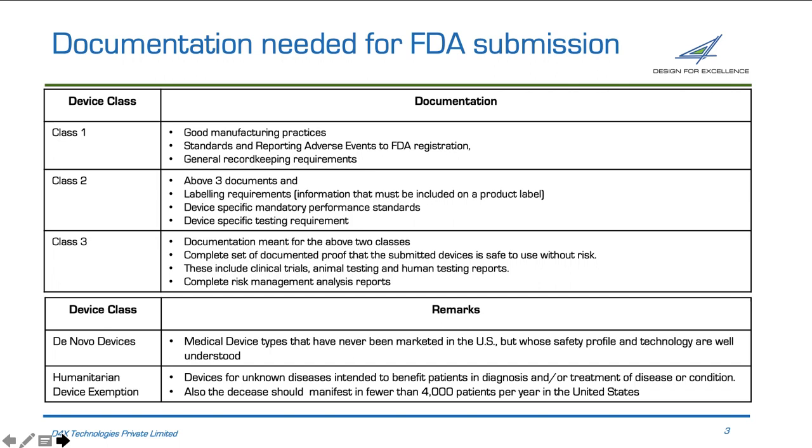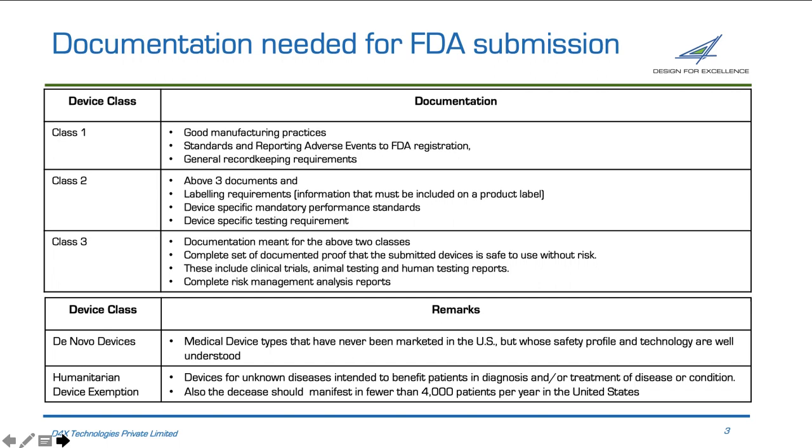We have seen there are 3 classes of devices. They remain the same, and we also see the kind of documentation we need to do for each of these classes. The only difference is, as the class goes from 1, 2 and 3, the volume of documentation starts increasing, as the next stage covers the previous stage documents and the documentation for this specific stage.